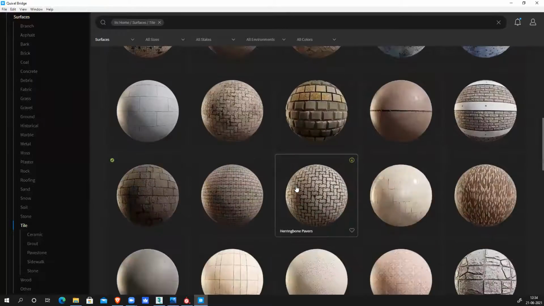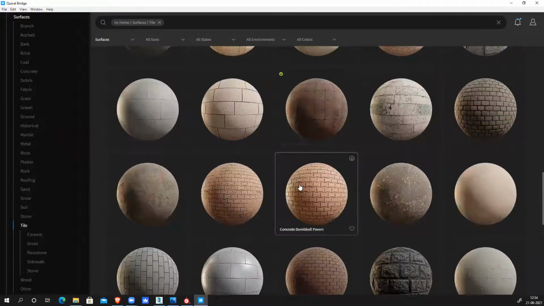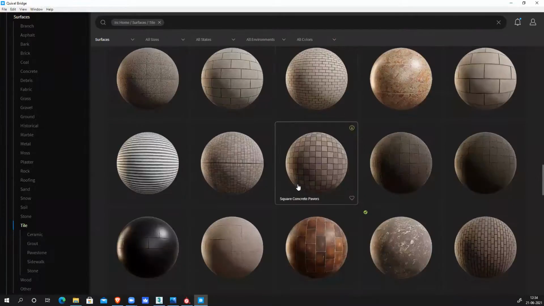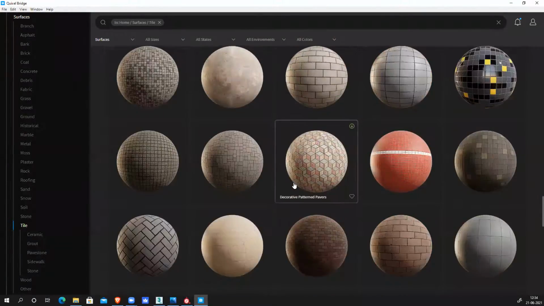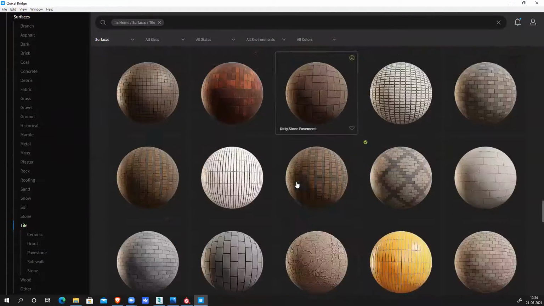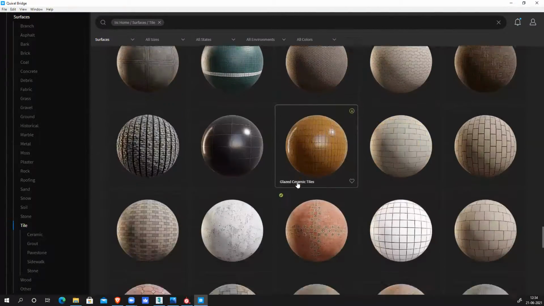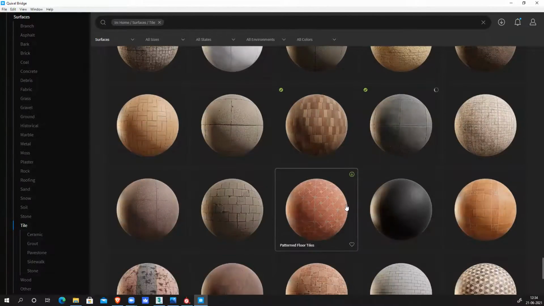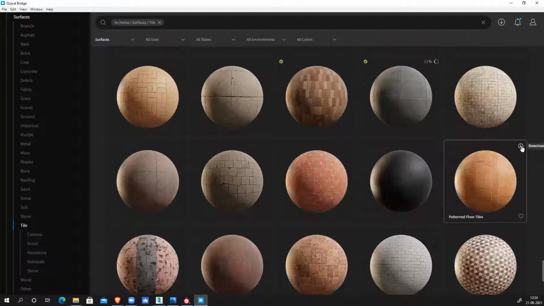Find something similar. This looks kind of similar. Color is slightly different, so color I can manipulate within Substance itself, and I'll download this one.